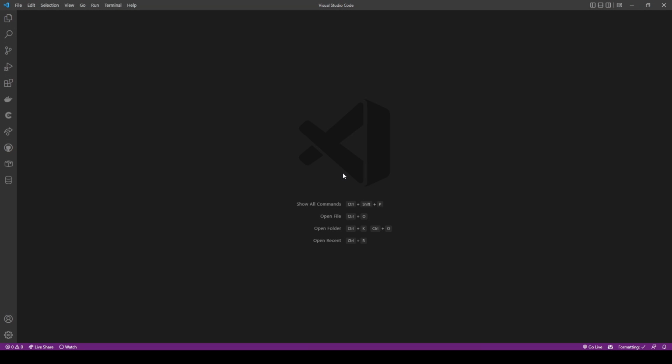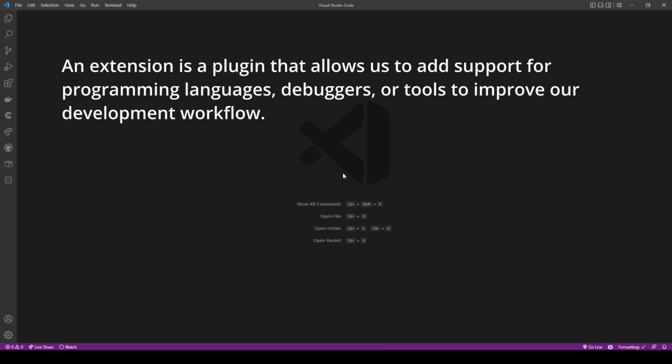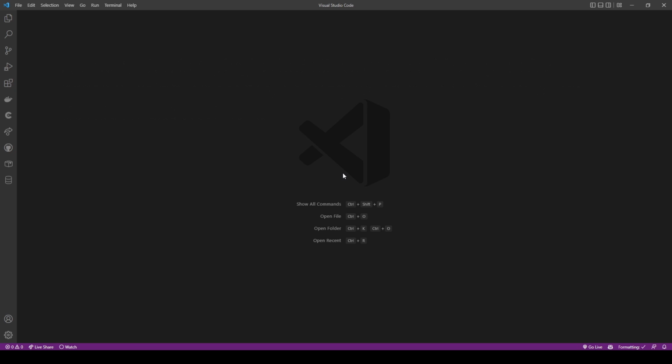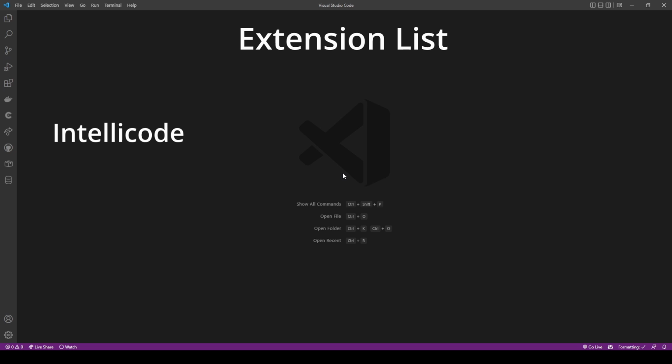Ignoring the welcome page, we'll proceed to install a selection of extensions. For clarification, an extension is a plugin that allows us to add support for programming languages, debuggers, or tools to improve our development workflow. These selected extensions are the following: IntelliCode, which will allow us to develop with AI assistance;